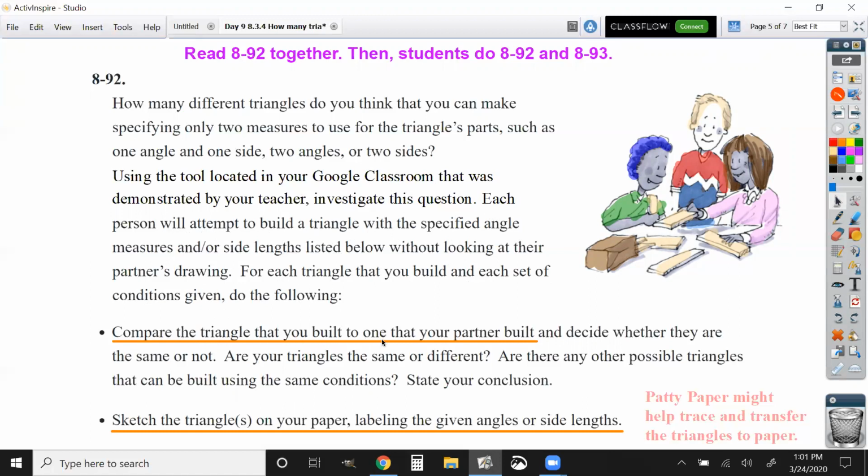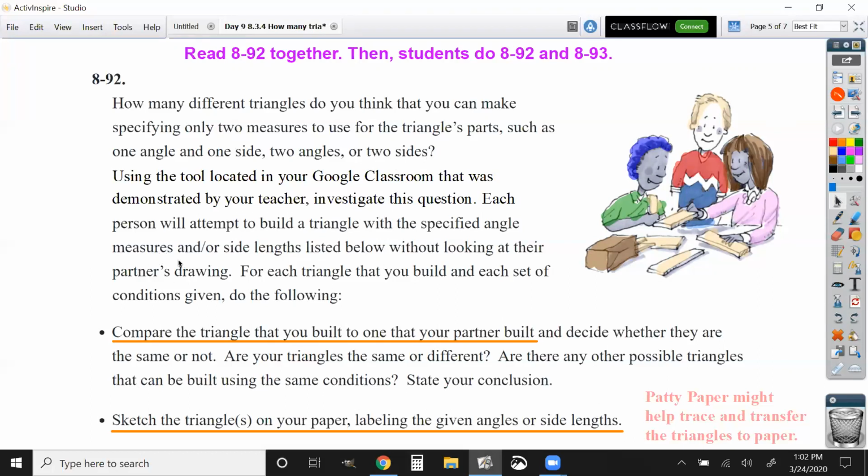Compare the triangle that you built with the one that your partner built and decide whether they are the same or not. Are these triangles the same or different? Are there any possible triangles that can be built using the same conditions? Any other ones? State your conclusion. And then the second part to this, sketch the triangles on your paper, labeling the given angles and side lengths. So what I would do is if you can find a piece of patty paper or tracing paper, you could carefully, don't press too hard on the screen, trace the triangle you create